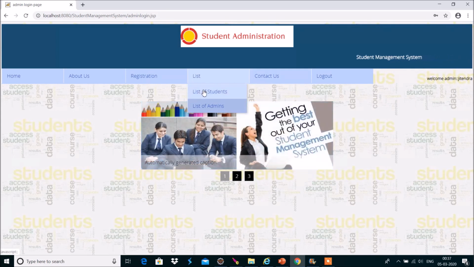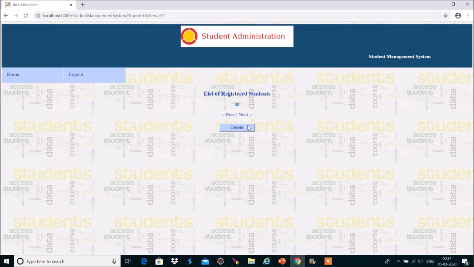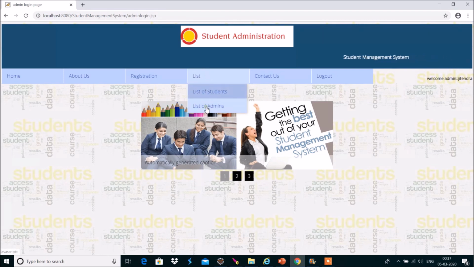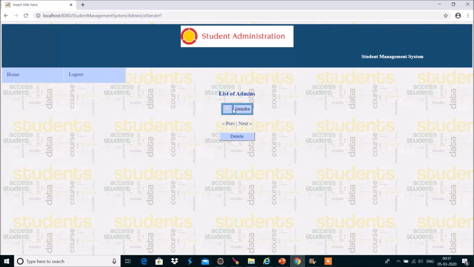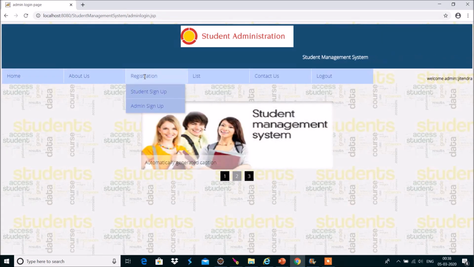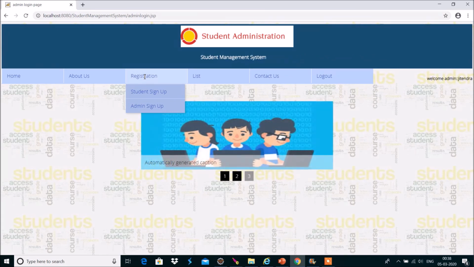So if we go to the list of students, as there are no students created in the application as of now, this is an empty list. In the same case, there is only one admin, that is Jitendra, so it is showing only one admin. So let us say that a particular student came into the school or college and registered himself, and so